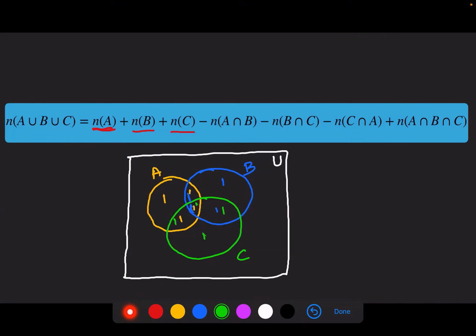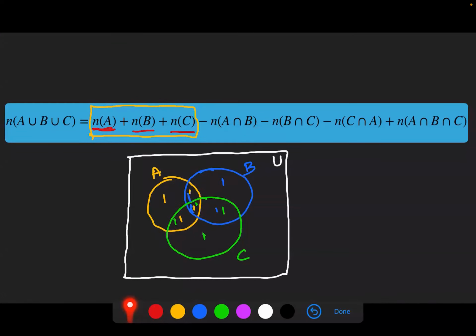But if I stop here, that is not going to be correct, right? The number of elements in the union of these three sets is definitely not the number of elements in A plus the number of elements in B plus the number of elements in C. That is correct only when nothing is overlapping, when there are no common elements. Because we have common elements, this is not correct. So if you see A intersection B, what is happening? This A intersection B is counted